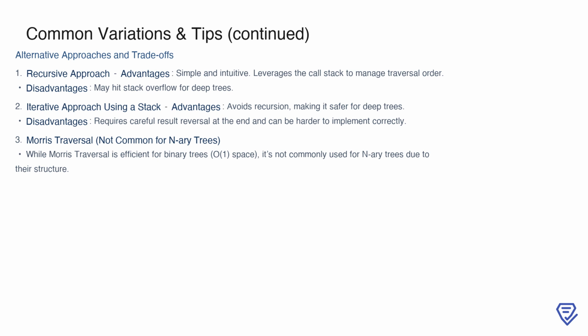Lastly, there's the Morris traversal technique, which is efficient for binary trees as it operates in O(1) space. However, it's not commonly used for N-ary trees due to their more complex structure. Understanding these alternatives and their trade-offs allows you to choose the most appropriate method based on the problem requirements and